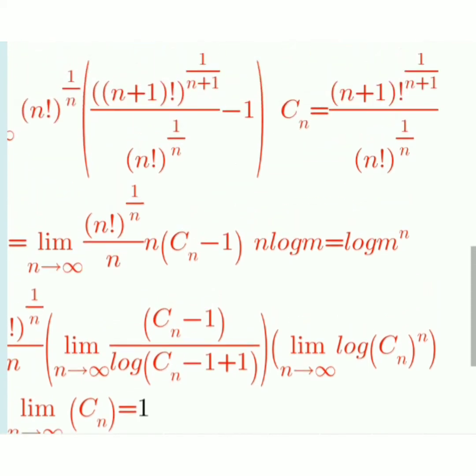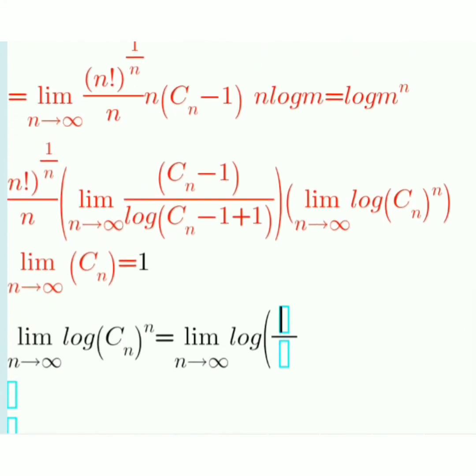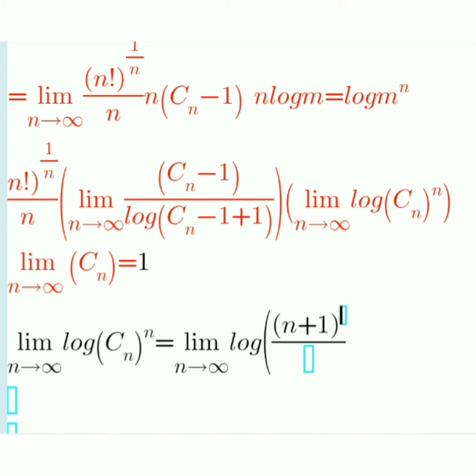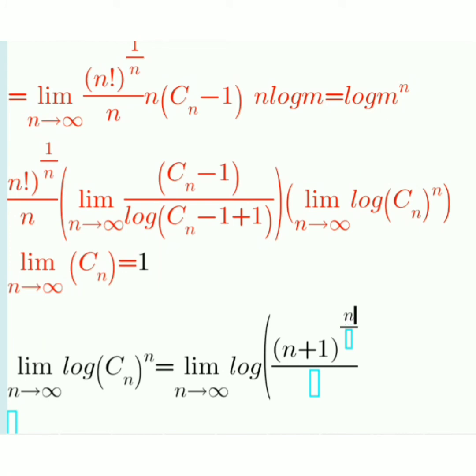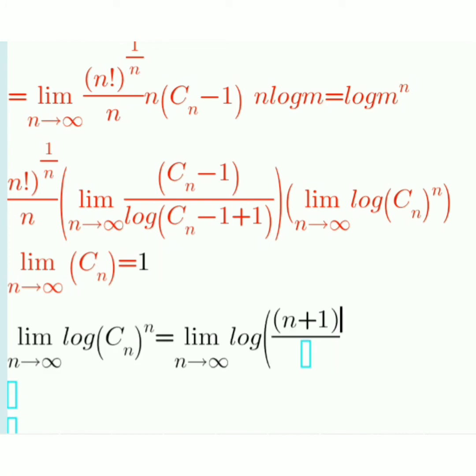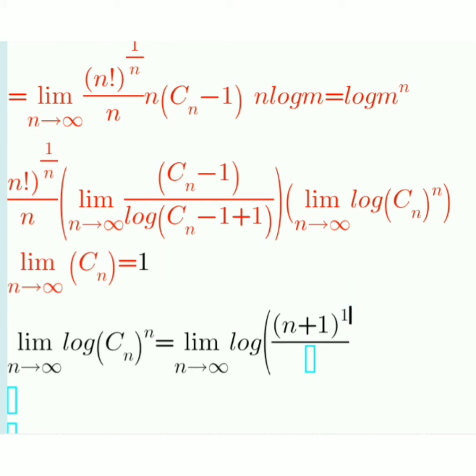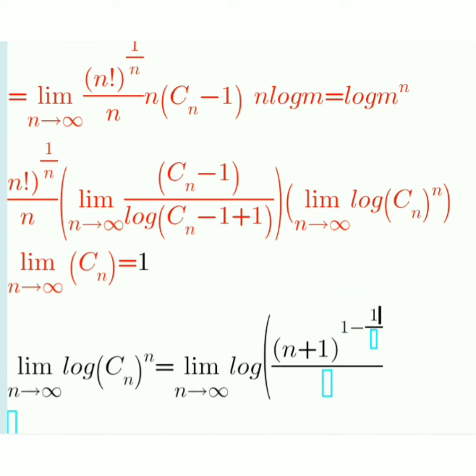Whatever you will see, that is n plus 1 whole to the power n divided by n plus 1. It can be written this way: whole to the power 1 minus 1 by n plus 1,